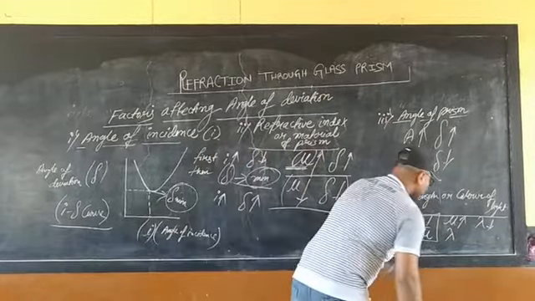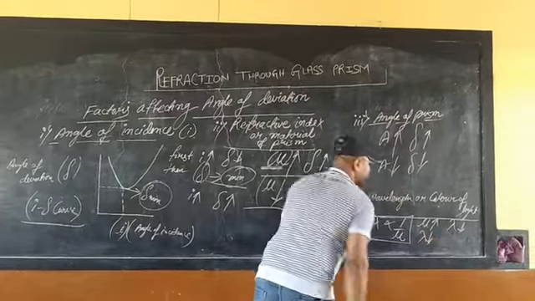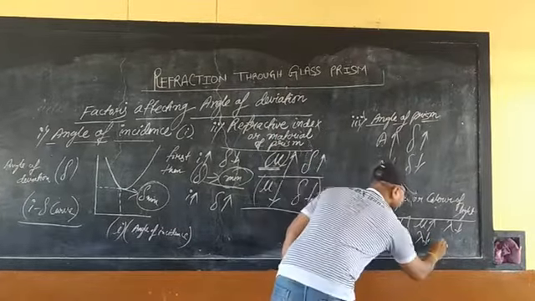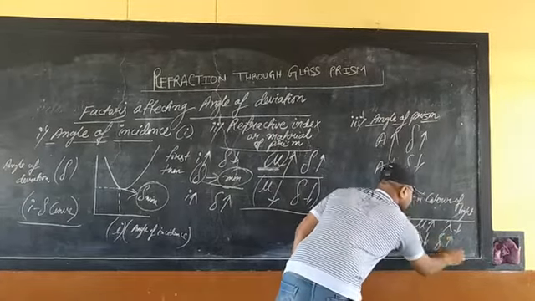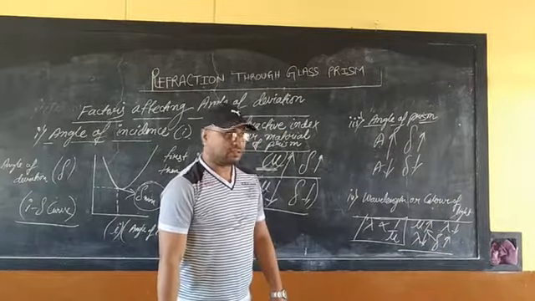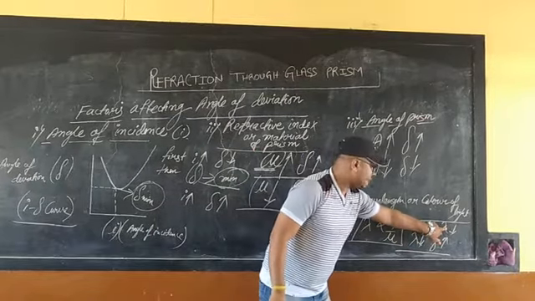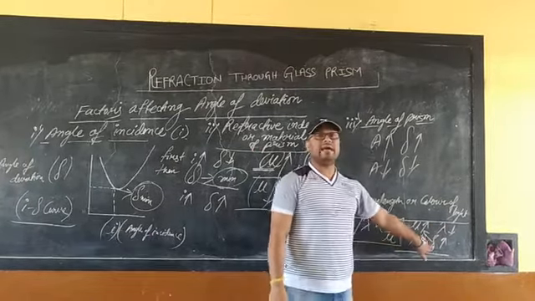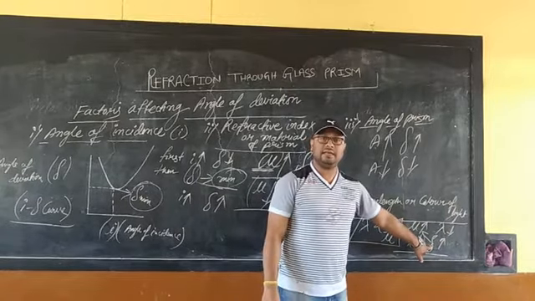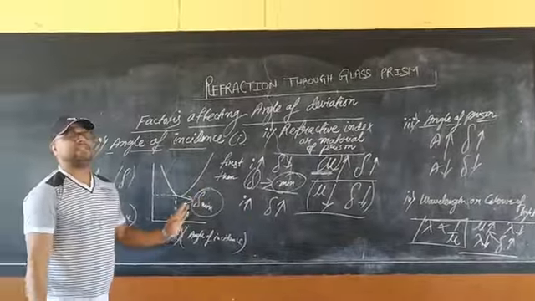So, if the wavelength of the color of light is decreasing, then what happens? The value of angle of deviation increases, because it is directly proportional to refractive index. Understood, students? So refractive index increases, wavelength decreases, and if wavelength decreases, then angle of deviation also increases. Understood the relationship? Please go back and you can see all the points explained properly.